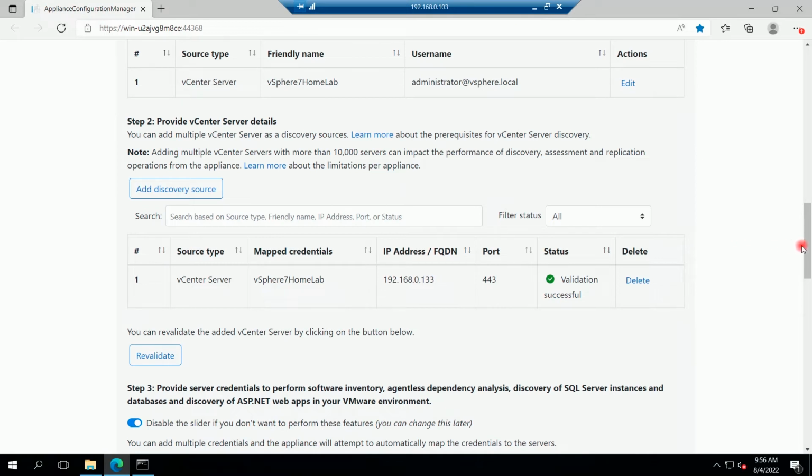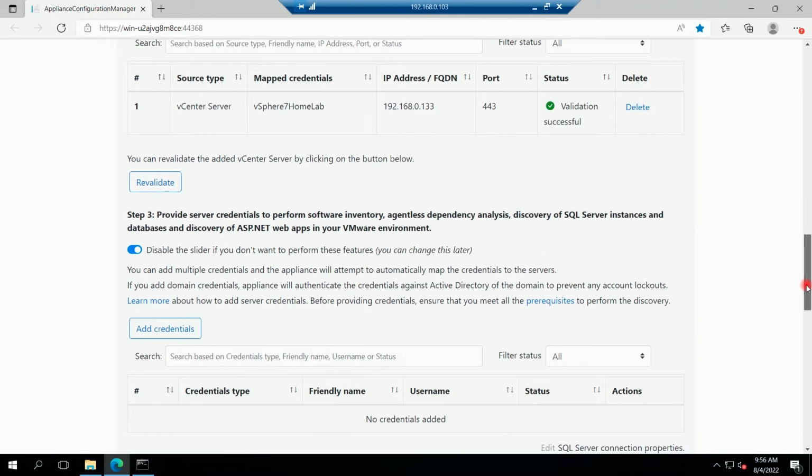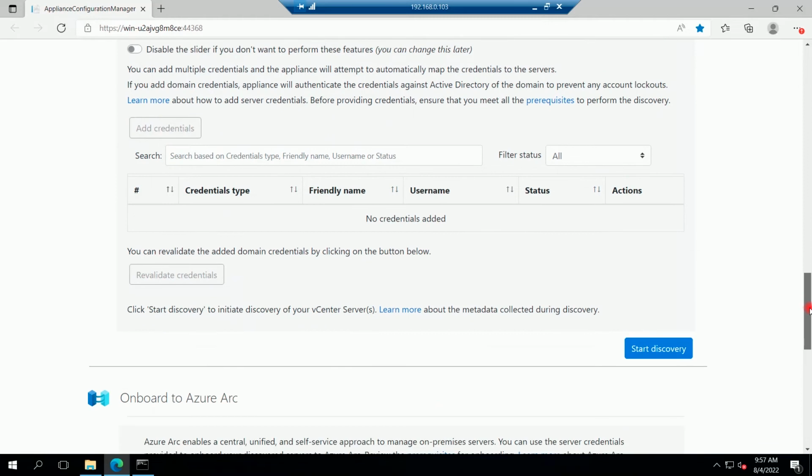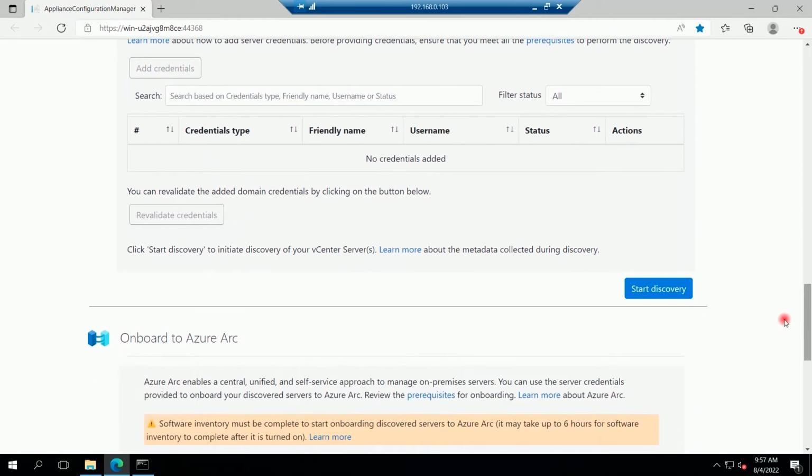Credentials has been validated successfully. Here on the step 3, I will disable this slider. And I will click on start discovery.